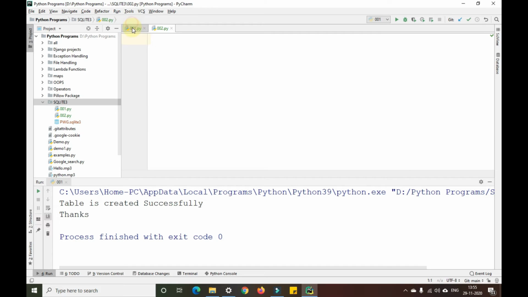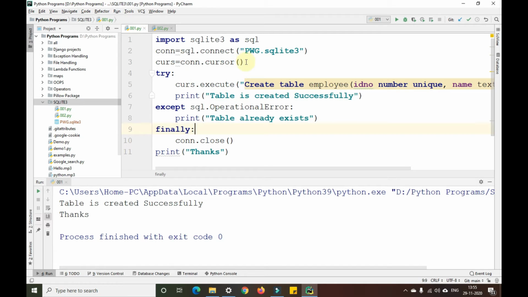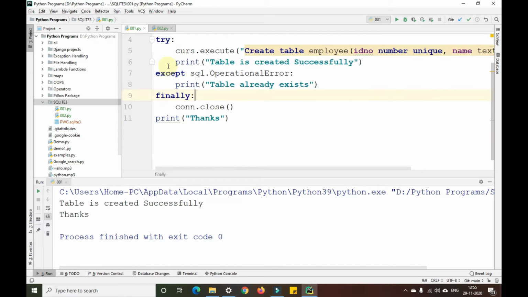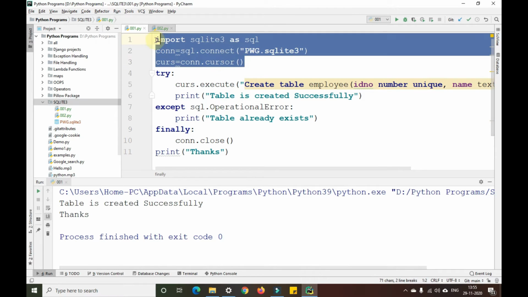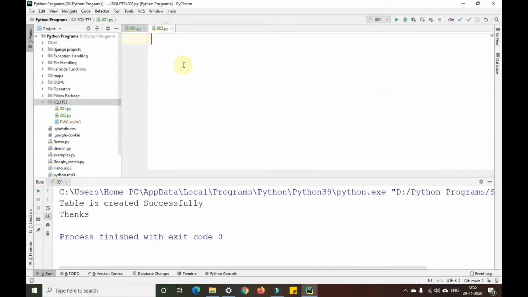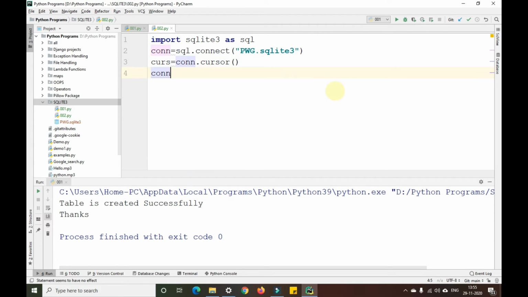So similarly, it is mandatory for us to create a connection and cursor object. Then it is mandatory to close this connection. So these are the default lines that we have. So I'll just copy them and paste here. Similarly, I also have connection.close, which is also mandatory to close the connection. Okay. In between this, I'll try to insert a few custom values into the database.